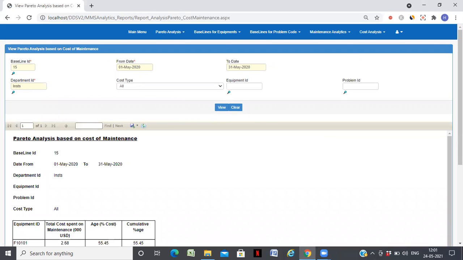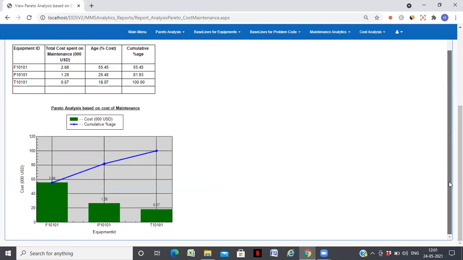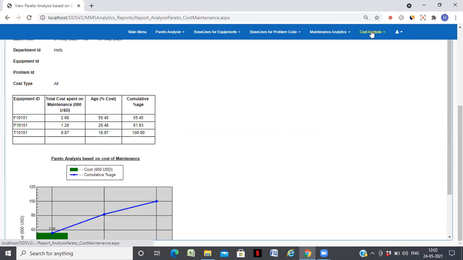So you can see here, for each one of these, total cost, average, and cumulative average. So you can see 55% of the cost is occupied by F10101, 26% by P10101. Like this, you can see which equipment has caused the maximum damage for your respective plant.